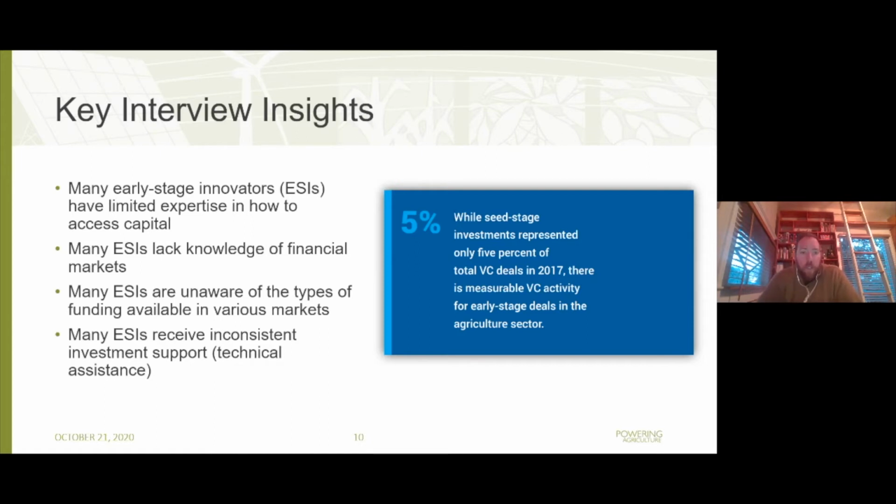So a lot of our early stage innovators in the program had very limited expertise in how to access capital. They were technologists or scientists or researchers, brilliant people with a skill set that is not necessarily the same skill set of someone who would be like a CFO of an organization or an investor into an organization. So that limited expertise actually gave them a barrier of not fully understanding what financial markets look like